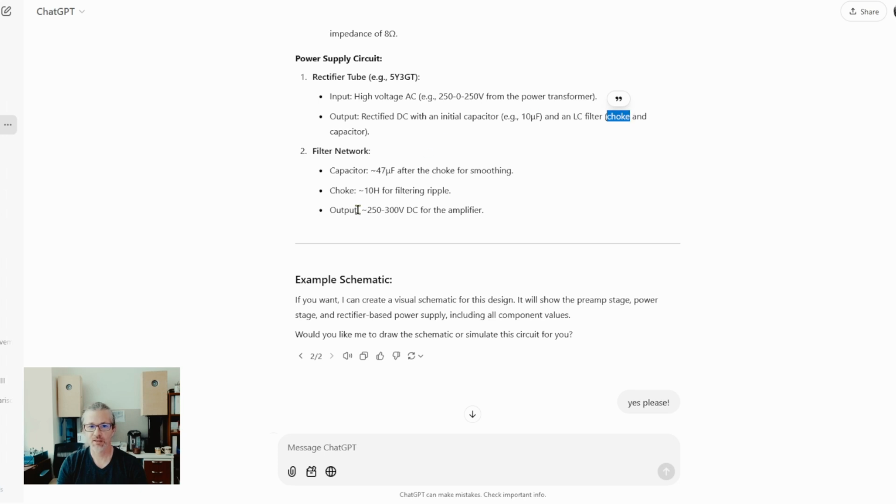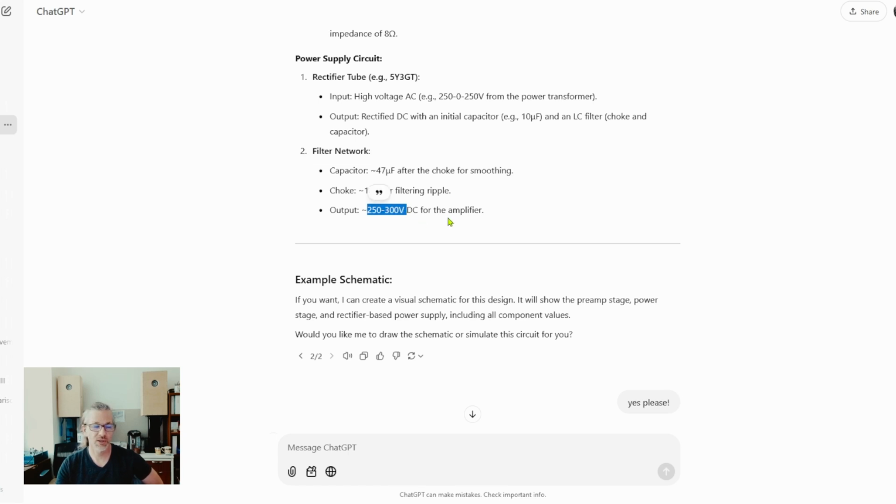So, and then the output 250 to 300 volt DC for the amplifier. Well, yes, actually that's what you would need for these power tubes, for this circuit, but using this transformer that it recommended, you will get, even with this tube, something like 320 volts, and you would say, yeah, that's close enough for 300 volts, but